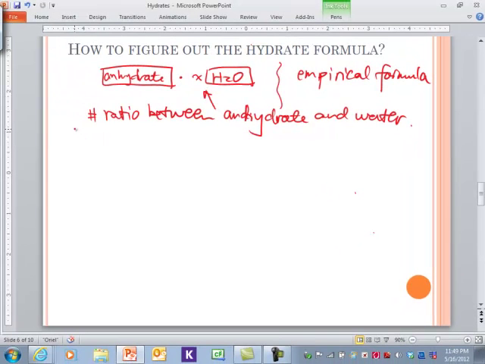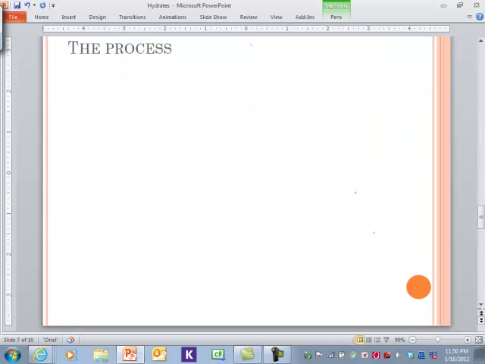As we can also know from the empirical formula, the number ratio is equal to the mole ratio. Okay, so if we can figure out the mole ratio between the anhydrate and the water, you can readily write the hydrate formula. So then coming down to the process. So step number 1,